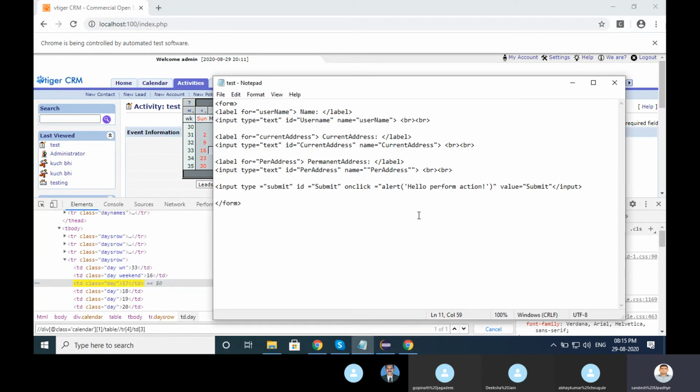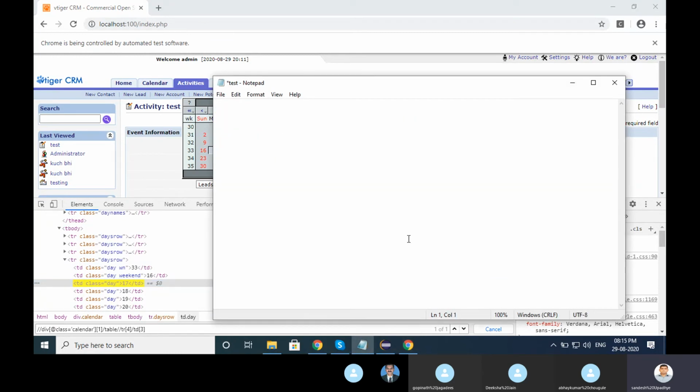Both are the same thing. Look here, it started from html body div3, so I just took the class into the div, then table, then tbody. I just removed the tbody, tr I skipped that tbody, then tr4 and td3.